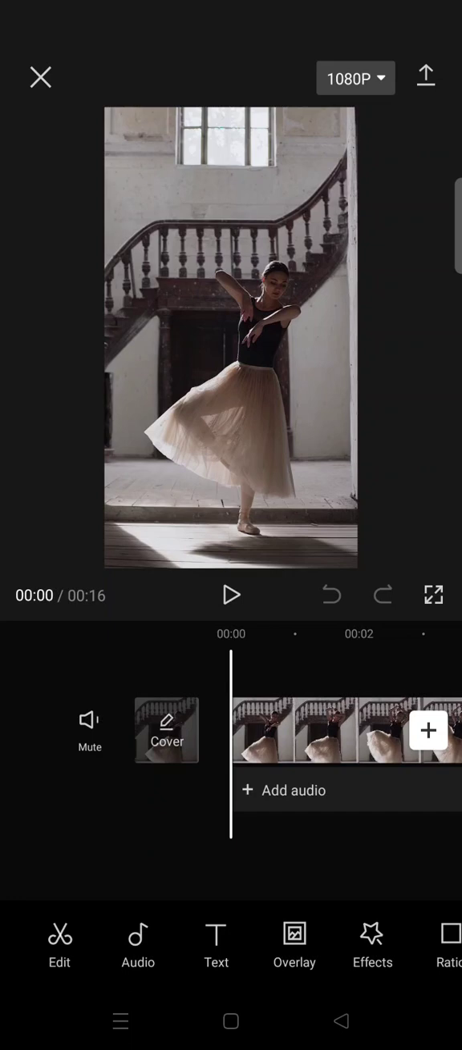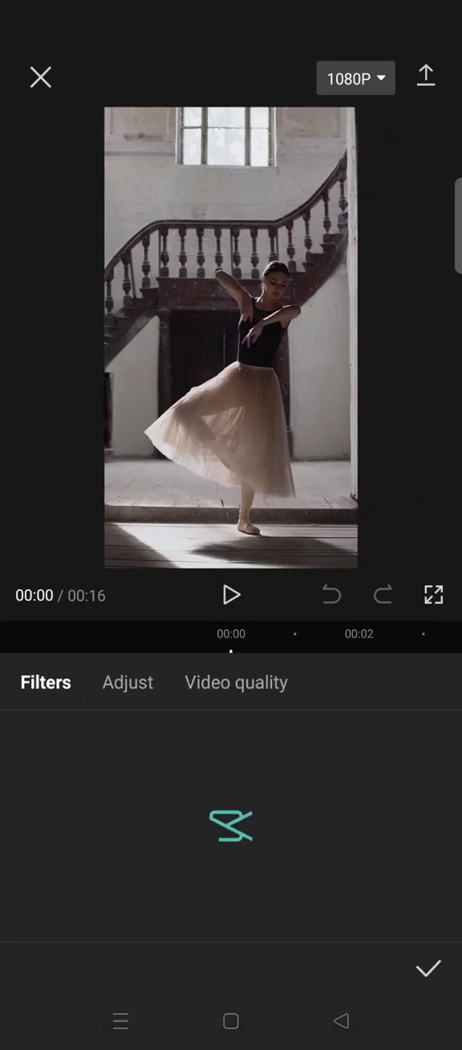On today's tutorial, I'm gonna show you how you can create a dark brown coloring in CapCut. So first, you just need to add the clips that you want to edit, and then go to filter,